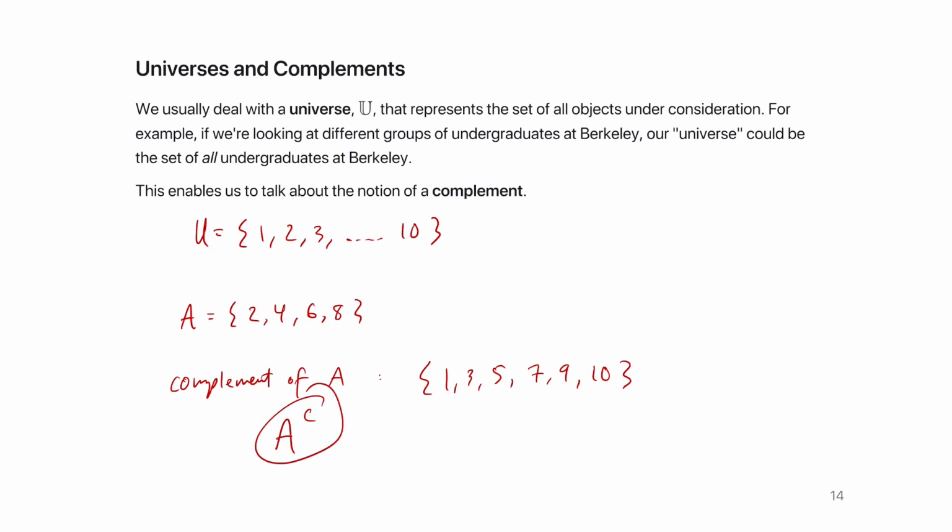So for example, what would be the complement of the set of students in this class? Well, it would be the set of all the students at Berkeley that are not in this class, if our universe is the set of all students at Berkeley. If our universe was the set of all people on Earth, then the complement of the set of students in this class would be everyone on Earth that's not in this class. Is that okay? Yeah. Can you write A like that? Yeah, another way you might have seen it is A prime, or even sometimes in probability you might have seen A bar. They're all equivalent. Different books use different things.